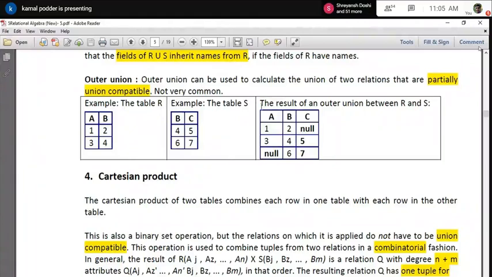If I want to union these, what result should I expect? A very logical result is that it performs the union based on this column, and in some cases where C is not there, it pushes in a null. In this way you can generate a result set by using the outer union.